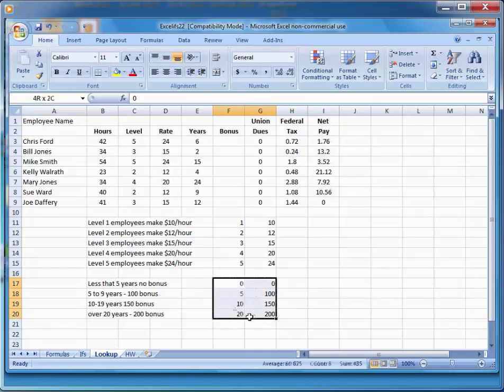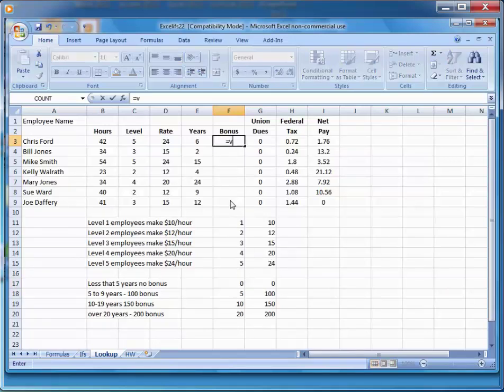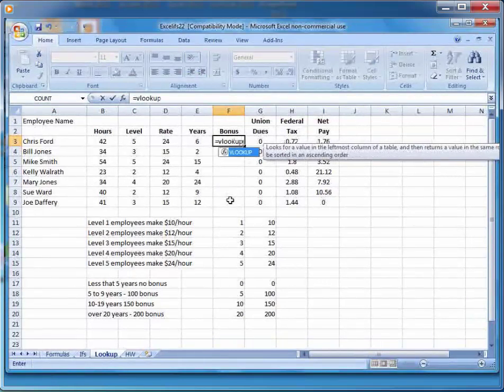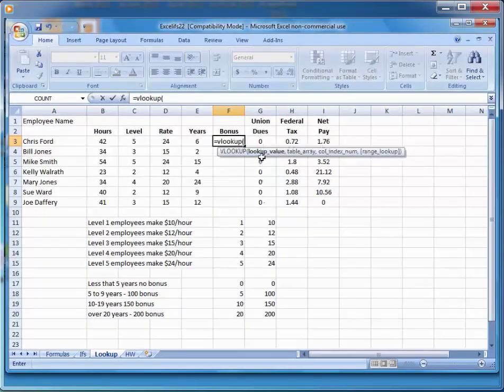What I'm going to do is name this table. I'm going to name this one years. And now I'm going to go build my formula. And remember, this is also a vertical lookup. So I'm going to say VLOOKUP, put in my parenthesis. It needs a lookup value, so my lookup value in this case is years, so that's going to be E3. I need my table, which is called years. And the last thing it needs is which column. I actually want to return the bonus, so it's going to be column 2. I close my parenthesis, I hit enter,